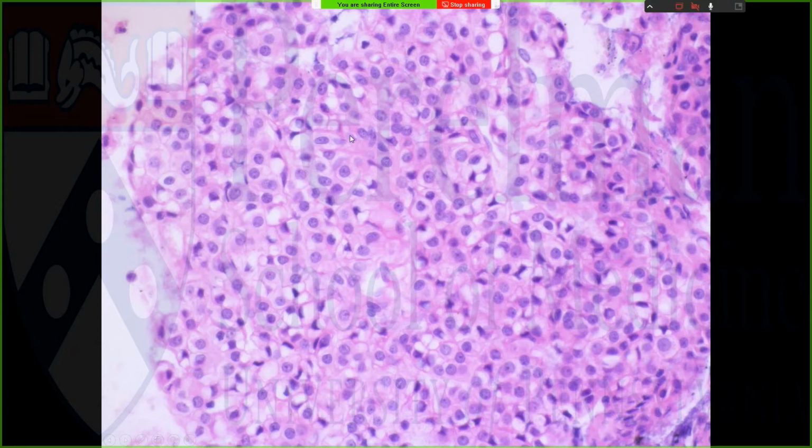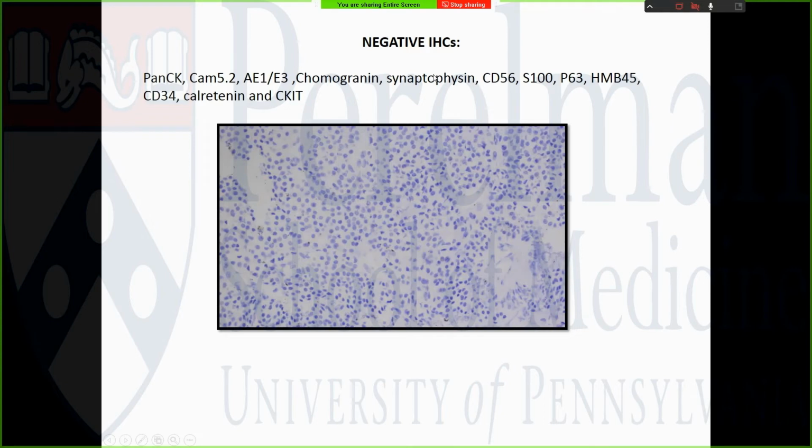And you can see this beautiful histology, which is made of these monotonous polygonal cells with very well defined cell borders. The cytoplasm is moderate to abundant, amphophilic, very clear to eosinophilic, and the nuclei are round to ovoid with visible nucleoli, but no mitosis. The chromatin is very evenly distributed, so in general imparting a very low-grade appearance to this neoplasm. So I started a panel including